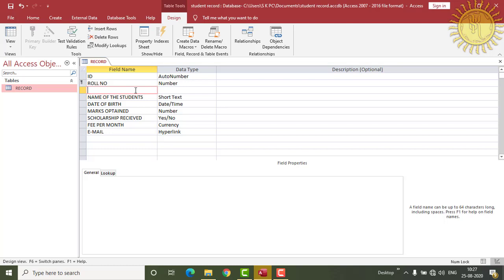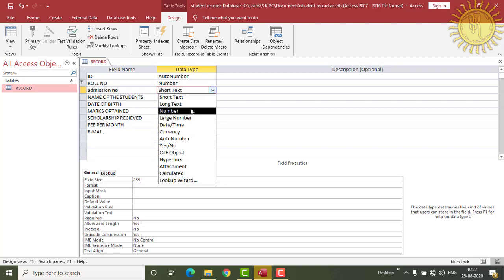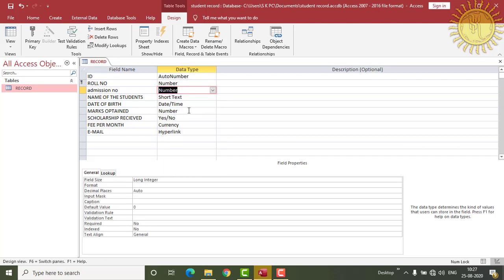Okay, so now we will write here the admission number of a student. Admission number, and that is in the form of a number, so we will select the data type as number, and then our field has been inserted in this design view.